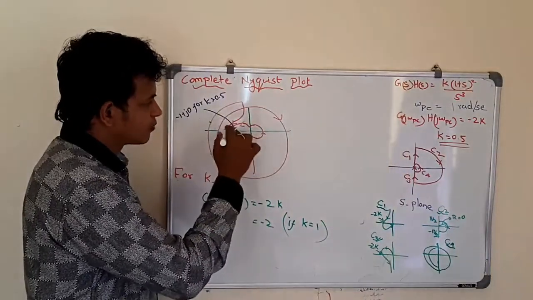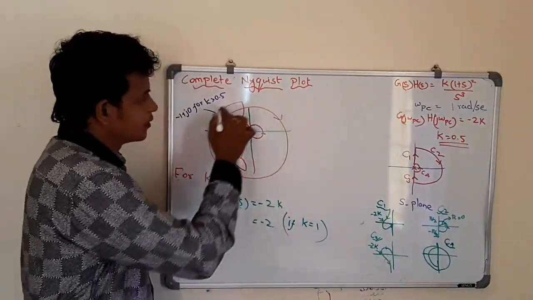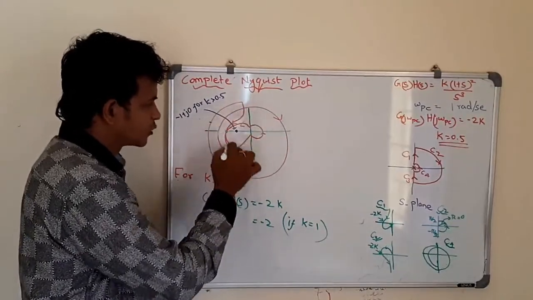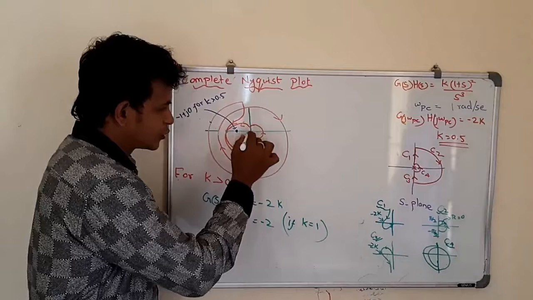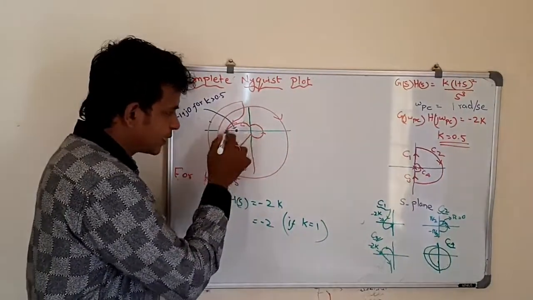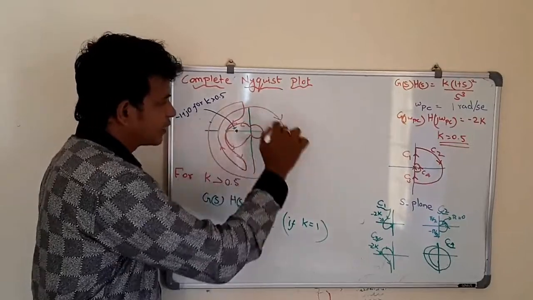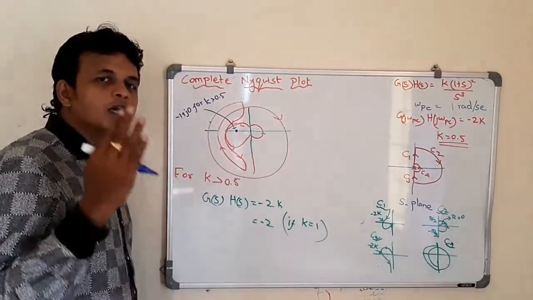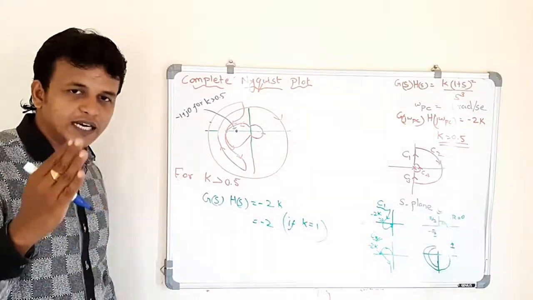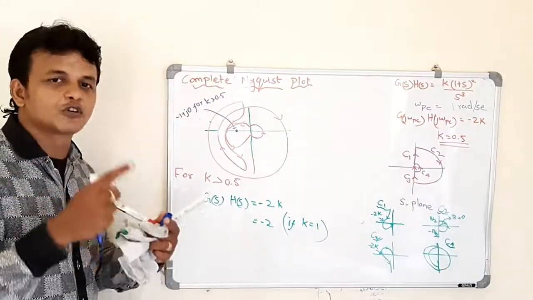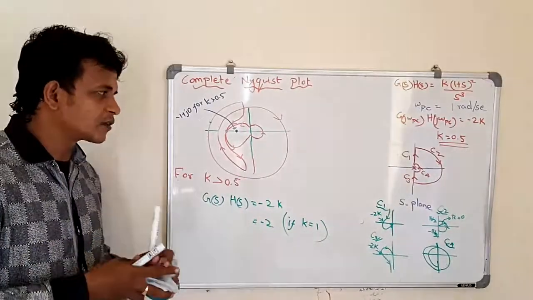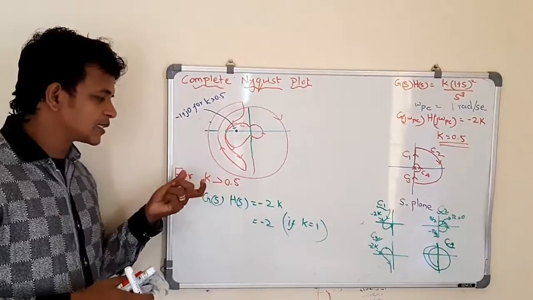And one more encirclement we have. This is that encirclement, and this is in clockwise direction. There is no encirclement in this loop, and with this loop also there is no encirclement. So we have two encirclements, one in anti-clockwise direction and another one in clockwise direction. Both the encirclements cancel each other. As a result, we can say that the system is stable.